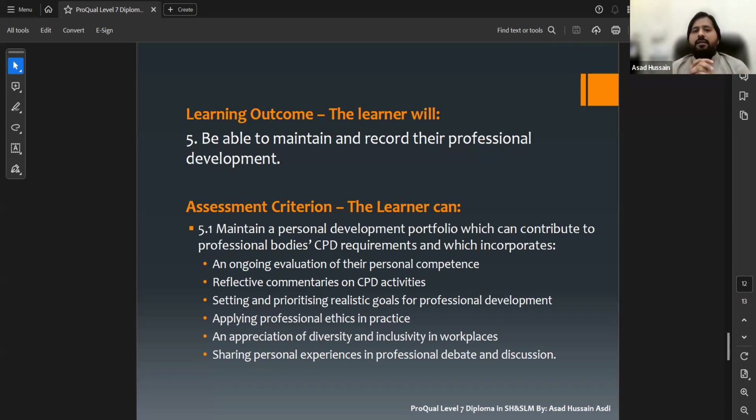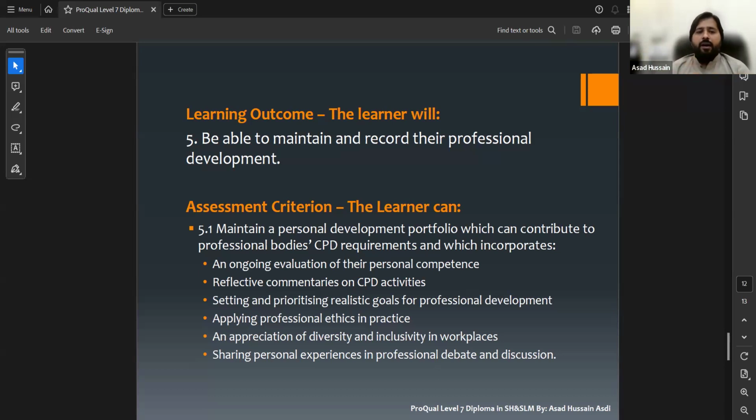So what they have to provide is to maintain a personal development portfolio, which can contribute even for persons after doing the level 6 and after doing the Grad IOSH, now we call it Cert IOSH membership. They can easily manage it because they are normally keeping the record of their CPDs on the IOSH portfolio.